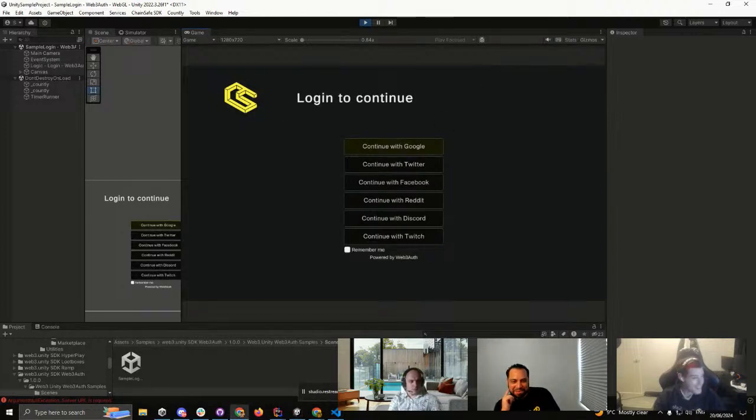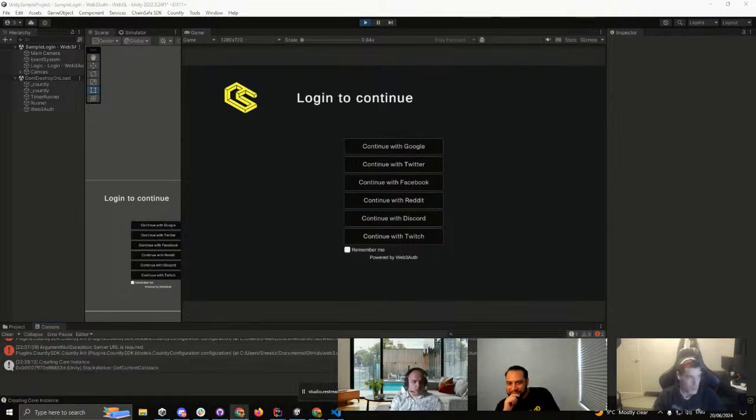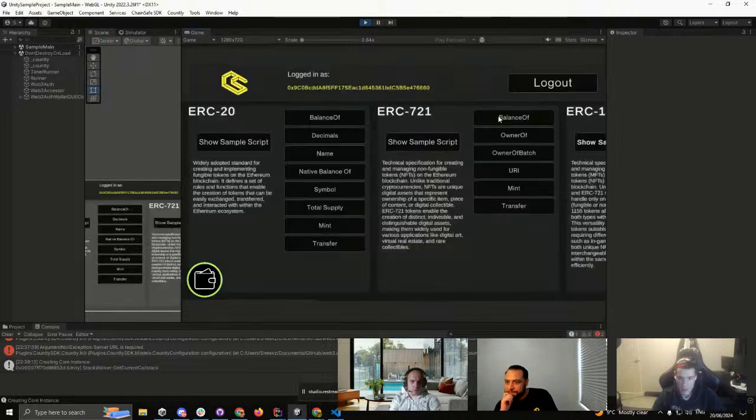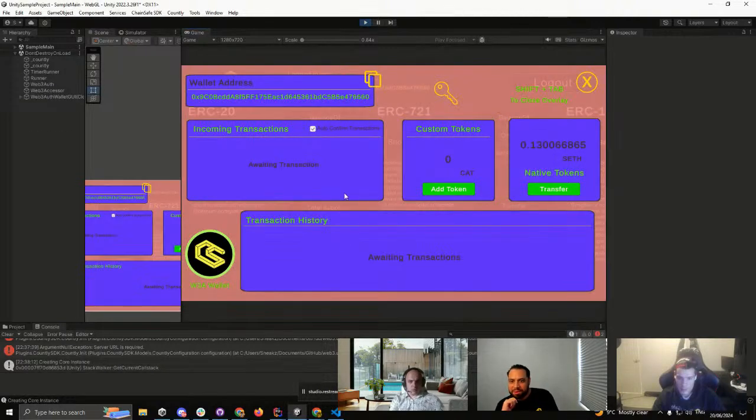Give me one second. So always great engineering, but design, let's see how these colors come out. Oh yeah, no, they're going to look horrible. Creating core instance. Log it in. Sorry, it just takes a second for the prompt to come up on the side. See? We can literally change all the colors to whatever you want.